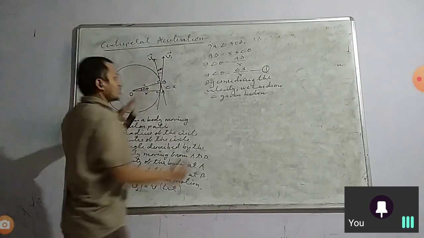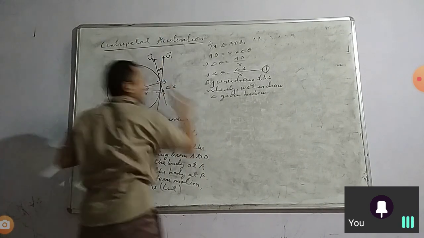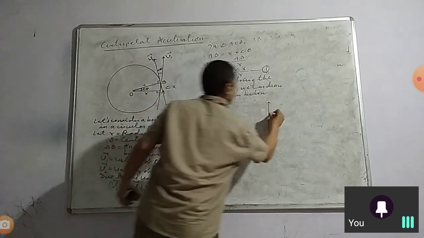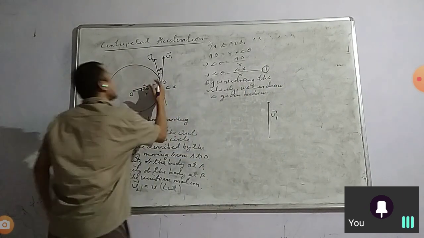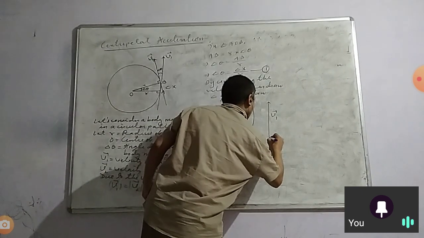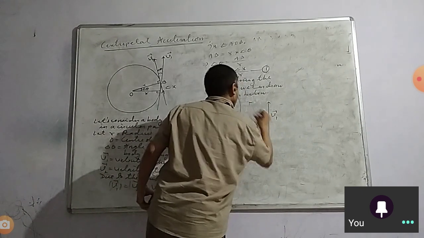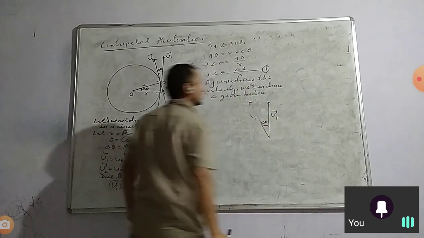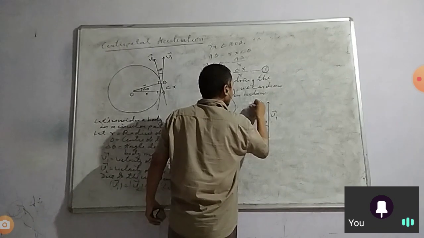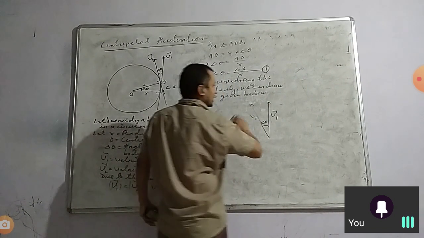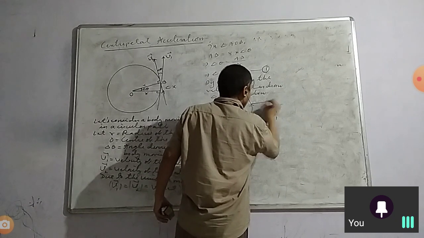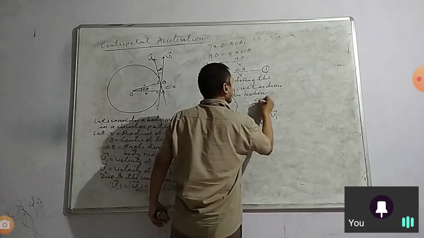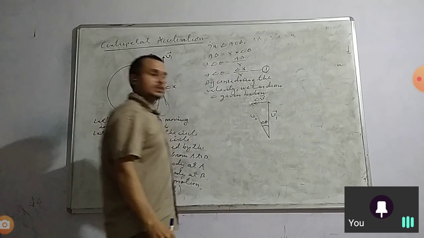So what triangle will this become? Look, the direction of V1 is upwards, so I have drawn the direction of V1 like this. This one is V1, suppose, and V2 is here, so I moved V2 by the angle delta theta to this side. This one is V2 and this angle is delta theta. So what will be the change in velocity here? The direction of the change in velocity will be from the initial position towards the final position. So this will be the direction of the change in velocity, delta V.